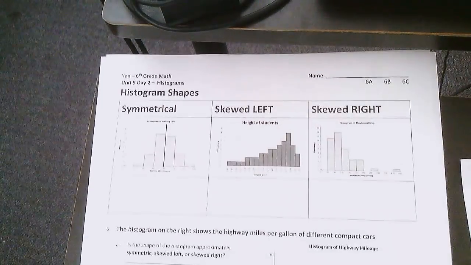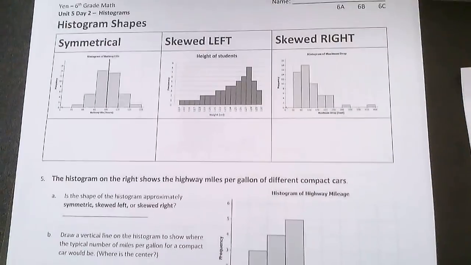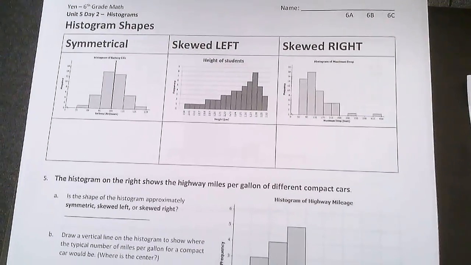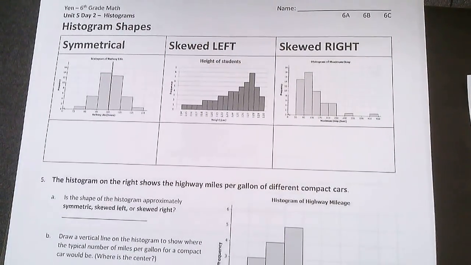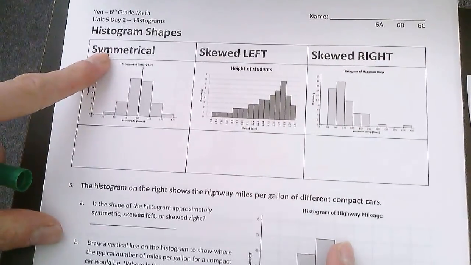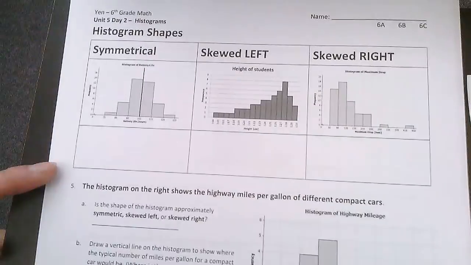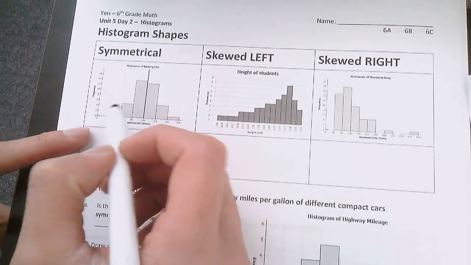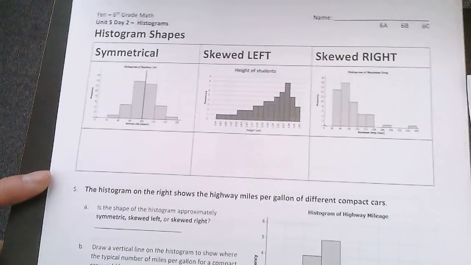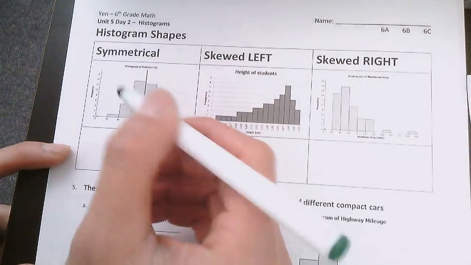One last thing is I'm going to go to page 3 now. There are three different types of histogram shapes. The first shape is something that's called symmetrical. This is an example of a histogram that is symmetrical. And if something is symmetrical, it means